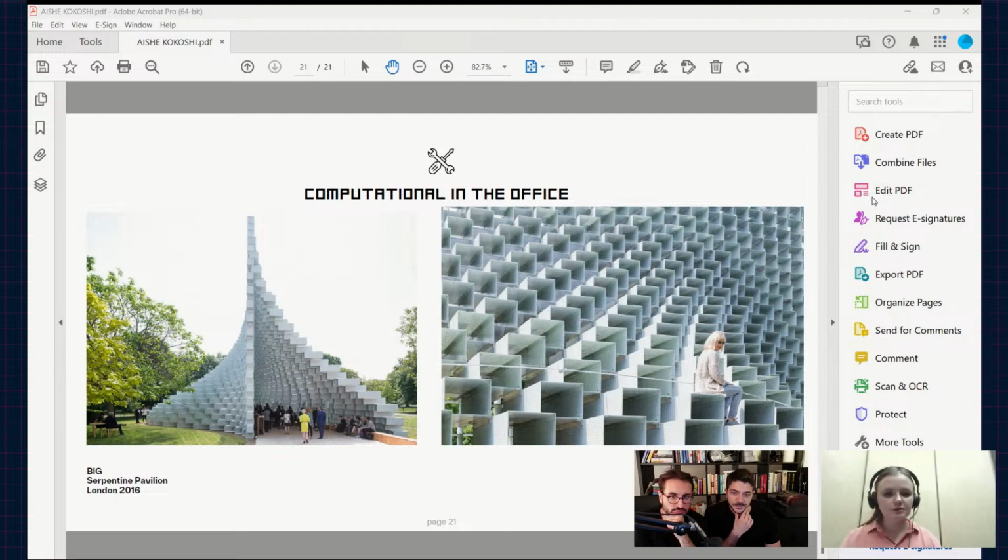I can speak about the London office. We use Rhino and Grasshopper. We have many designers using Grasshopper, every team uses it, and these are the main two software.